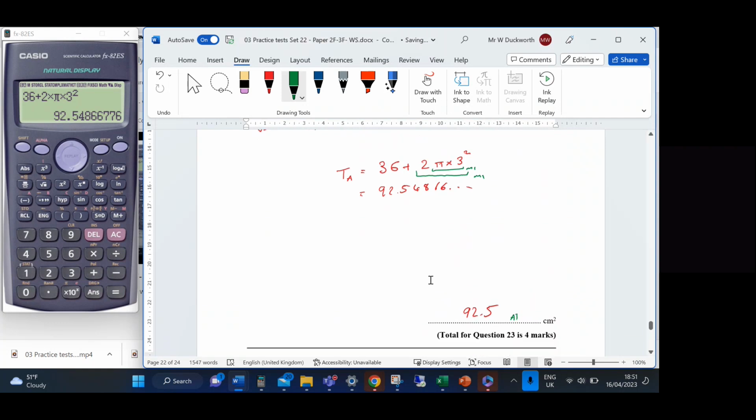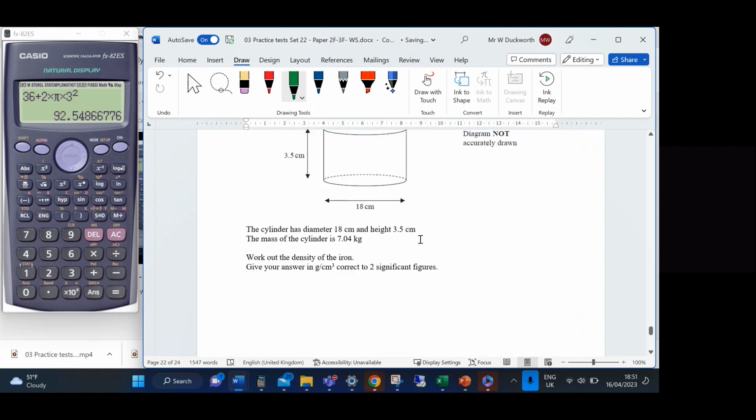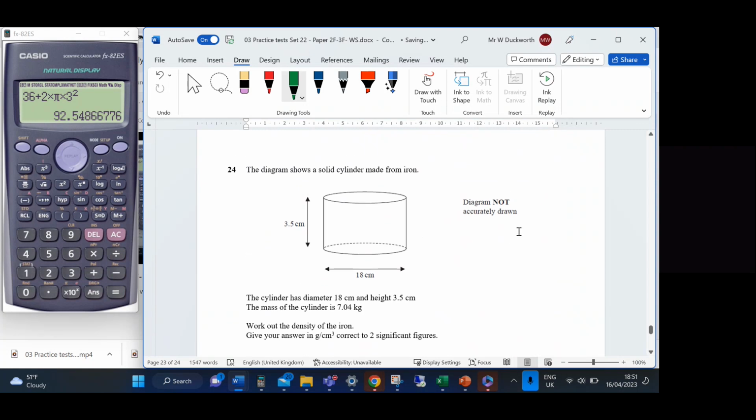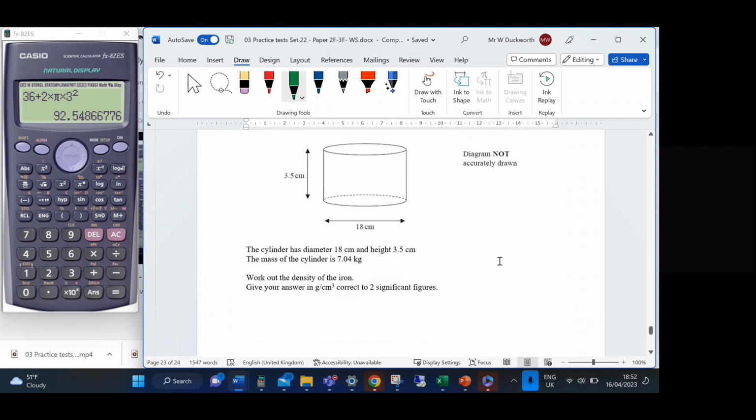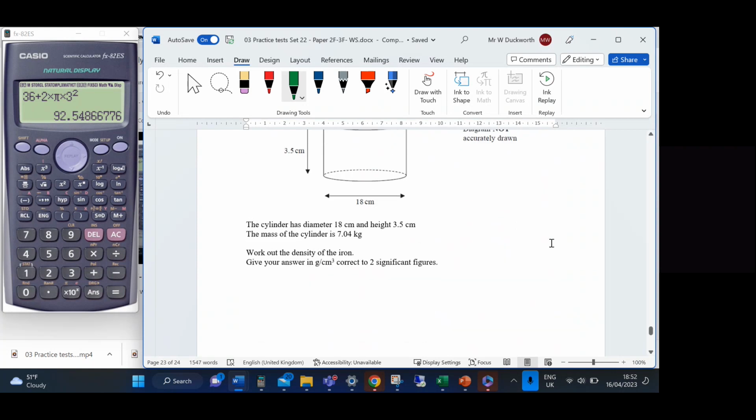Okay, right. And then final question of this paper. So we have got the diagram shows a solid cylinder made from iron. The cylinder has a diameter of 18 centimeters and a height of 3.5. The mass of the cylinder is 7.04 kilograms. Work out the density of the iron. Give your answer in grams per centimeter cubed, correct to 2 significant figures. Okay, so